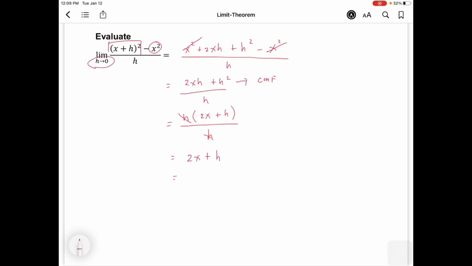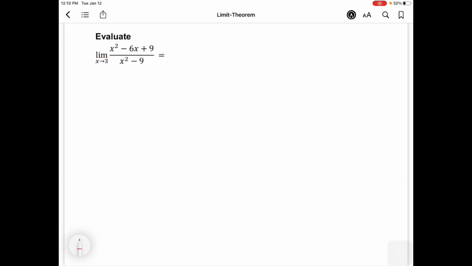So, this will be equal to 2x plus 0. So, 2x plus 0 is still 2x. So, this will be the answer, 2x. The next is the limit of x squared minus 6x plus 9 all over x squared minus 9 as x